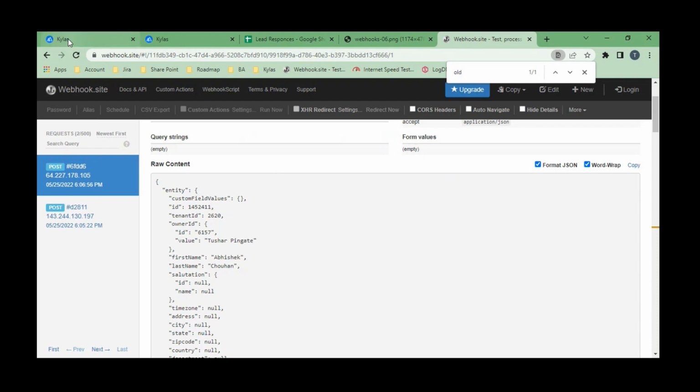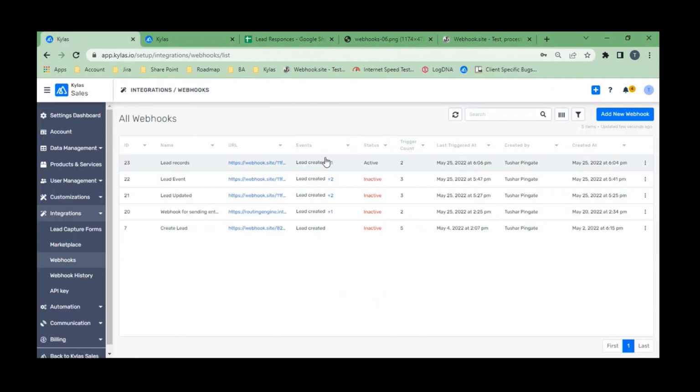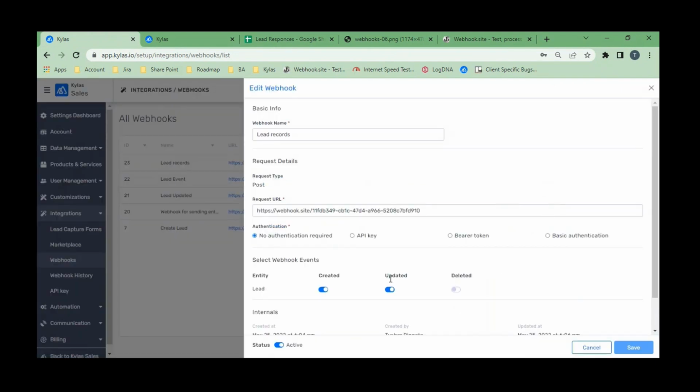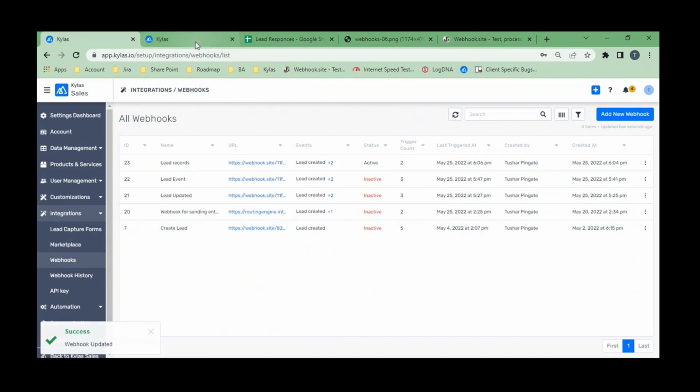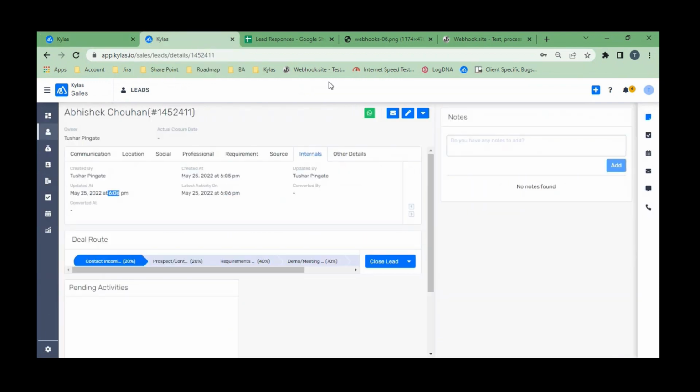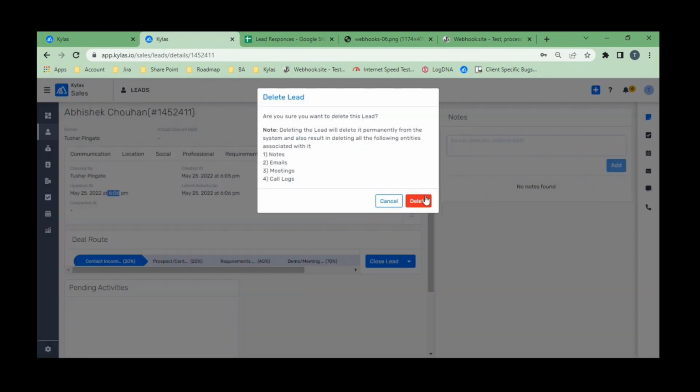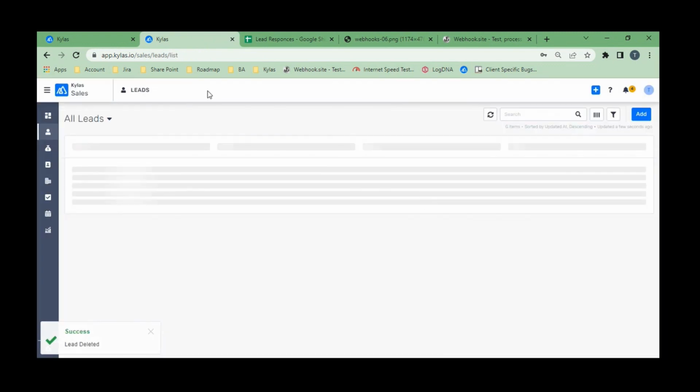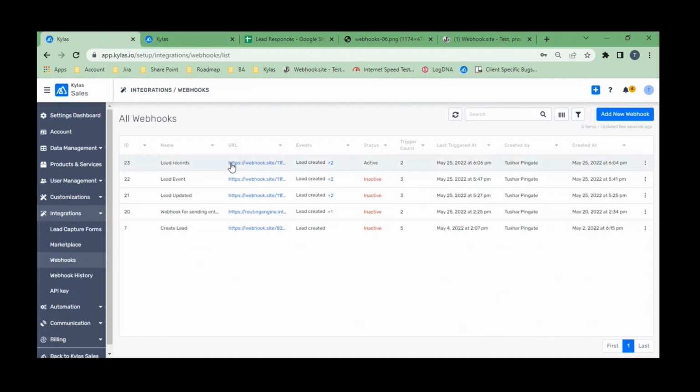Okay, let's take a look at the delete event as well. So I'm editing the same record, same webhook. I'm just turning on this and saving the same webhook. I go to Kylas and I'm deleting this record. Delete it. Again go to webhook. You can see the trigger count is 3,